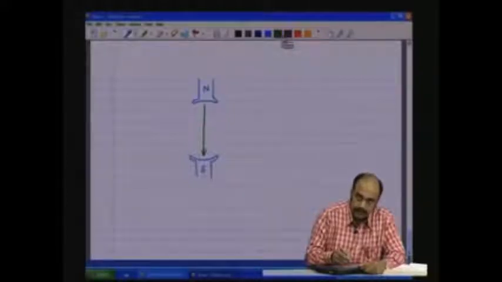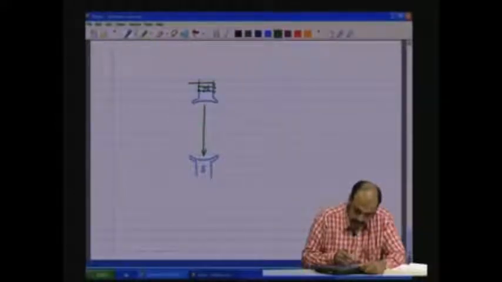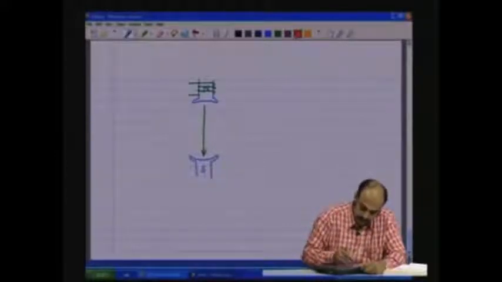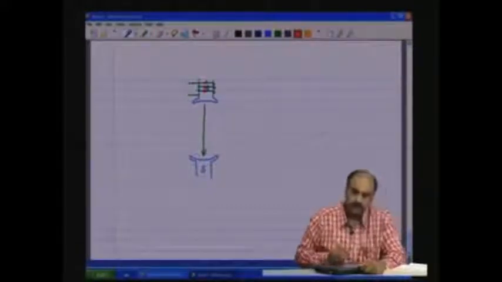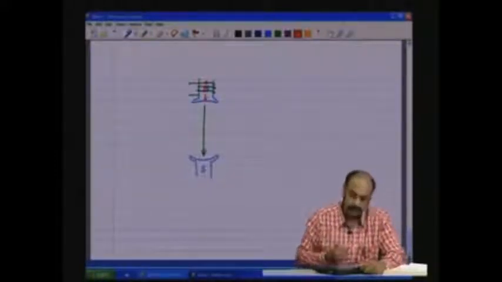So, this means that we have some windings on this, and let the current flow in this direction, which will give a field in this direction,